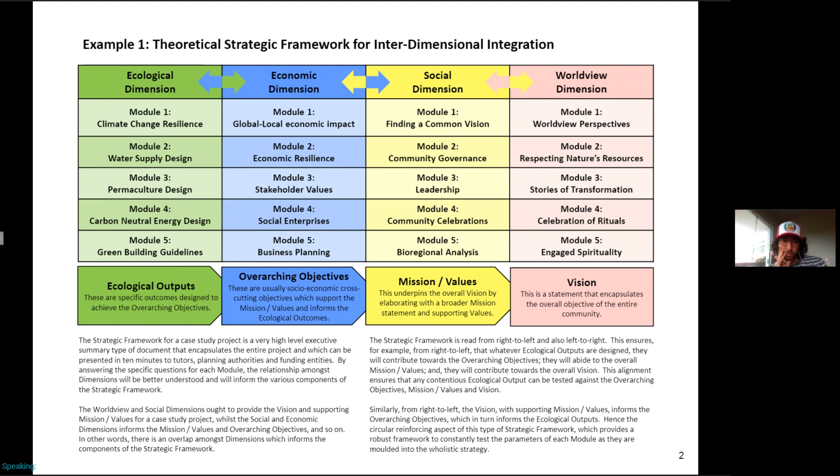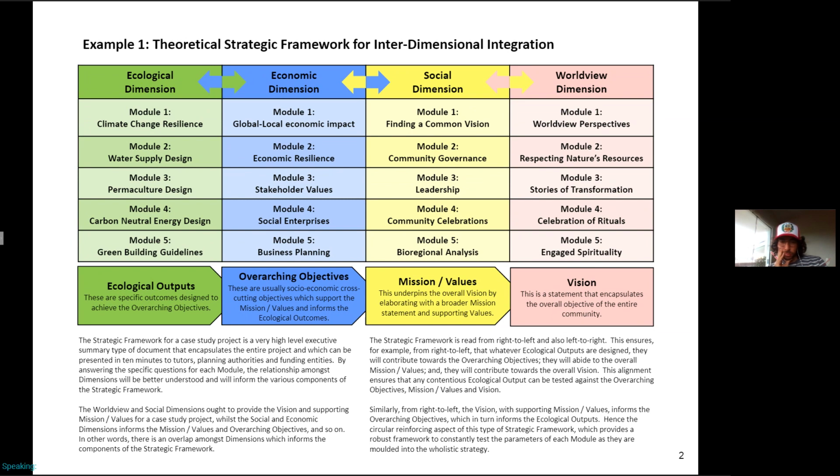Now, if you look at a strategic framework, it normally has a vision statement, a mission or values, some overarching objectives, and then the more tangible kind of key performance indicators and outputs from the strategic plan. Now, if we look at what the 4 dimensions actually provide in terms of a strategic framework for a typical eco-village development or urban renewal project or whatever,